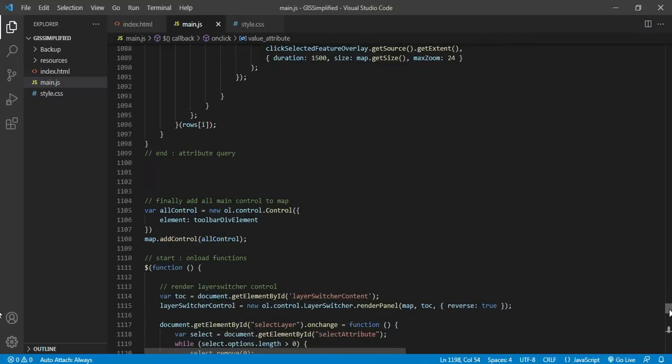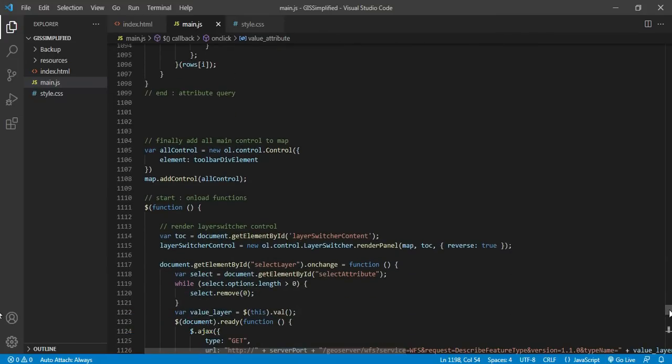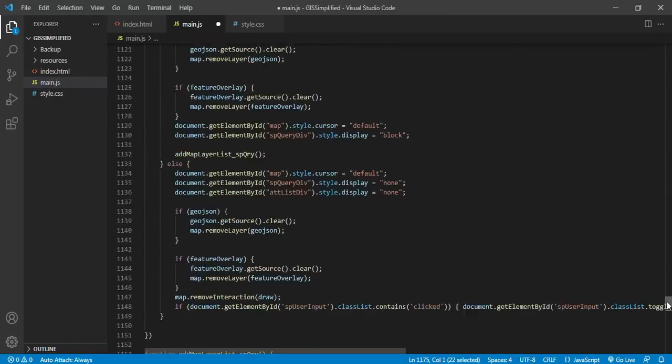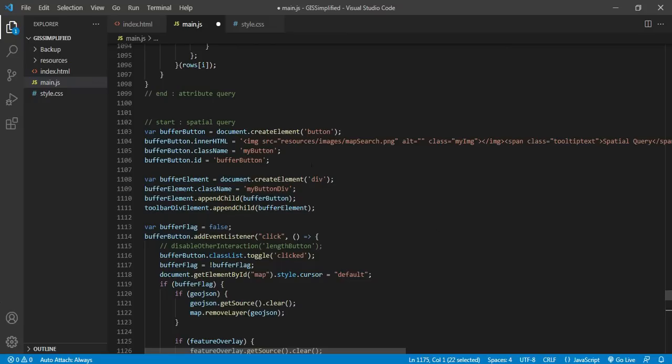So this is just below the attribute query. I will add the code here. So let me add the code for special query. So I have added the code. This is where it is ending, and let me go to the top and explain it. So again, if you have seen my earlier videos, how to add a button, this is the code for that. Creating a button element and assigning image to it. In the first 3-4 lines I am adding a button, and this is where I am assigning image.